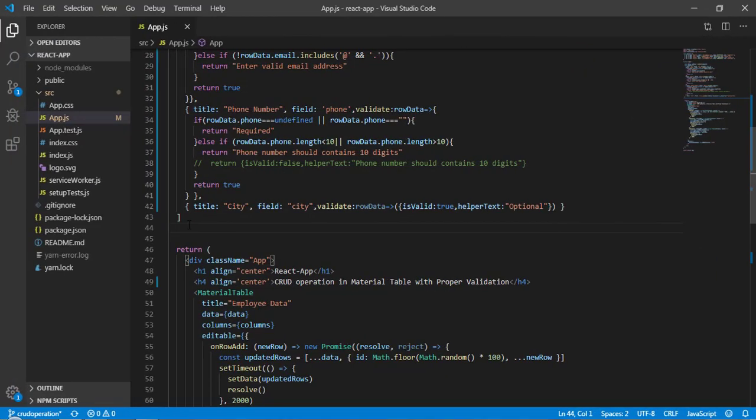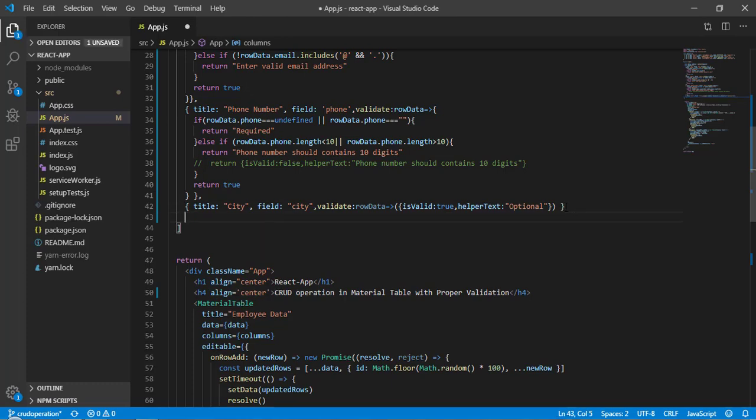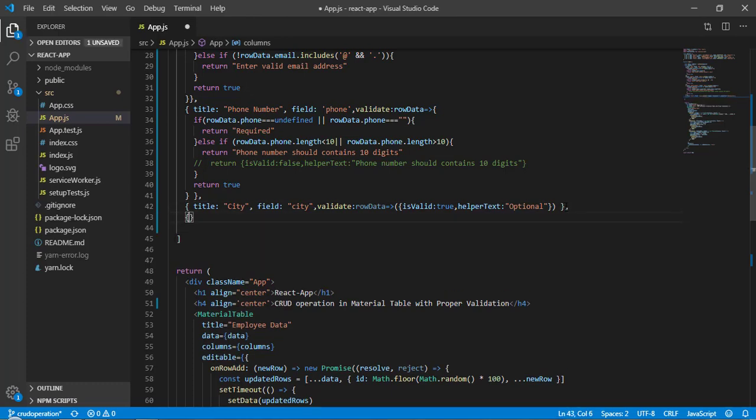So now what if you want to validate a drop down? For that let's add a column. Here let's call it title, and here a status. And here the field I will provide as status, and I have to provide the lookup value to get the drop down.